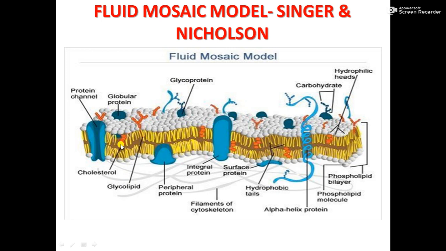Then cholesterol is there. Some surface proteins are globular proteins. And these tubular or integral proteins act as protein channels. This allows certain substances to move, especially the lipid soluble materials which cannot pass through this because lipids are